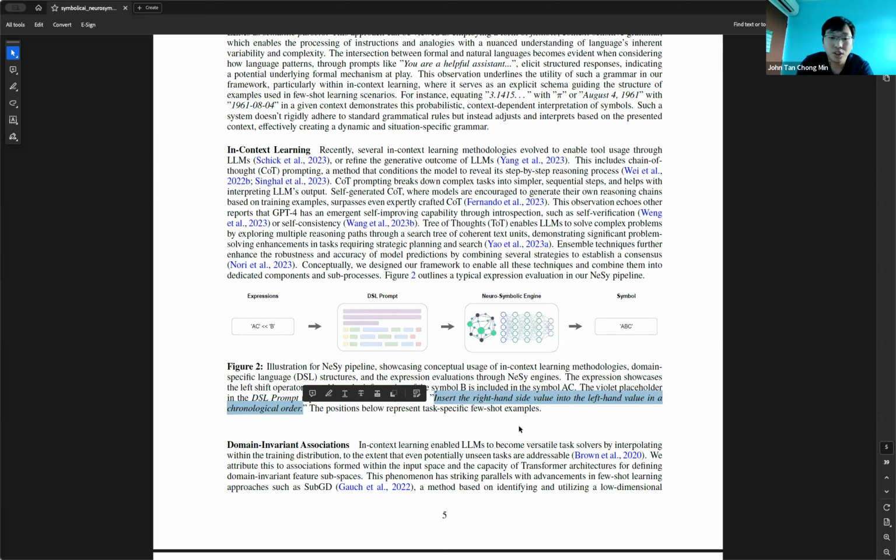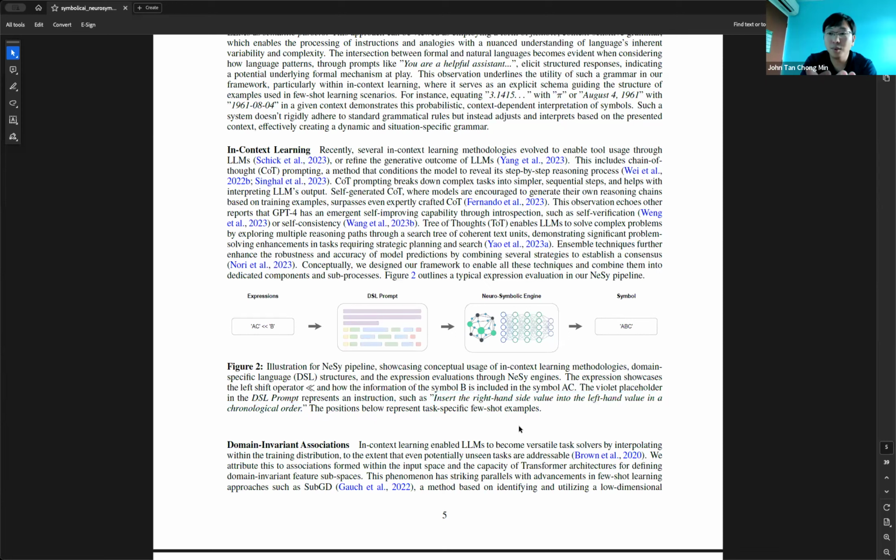In this case, your DSL prompt, or domain-specific language prompt, is basically constructing a program to interpret this expression. So yes, this DSL prompt could give some examples like AC left shift B, then the answer is ABC. Then it could also be like AD left shift B, the answer is ABD. So you could give some examples. Or it could be a fully deterministic program, a rule-based, if-else kind of system that interprets the abstraction directly. Of course, you could. Exactly.